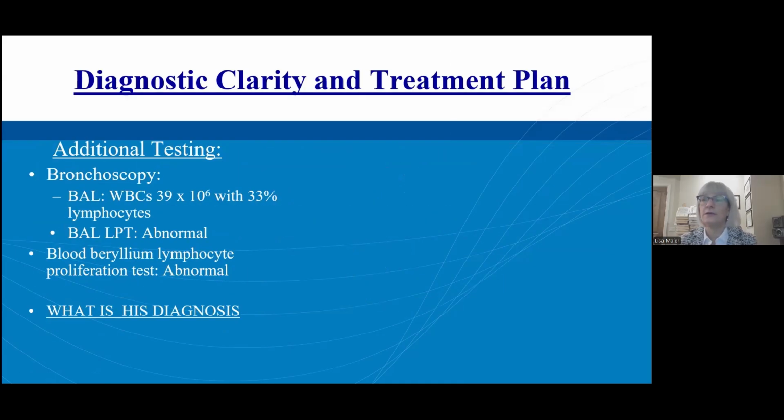Our additional testing: we did another bronchoscopy because we wanted to see if he had evidence of something called beryllium sensitization. What we found was he had alveolitis. He had a high number of white cells in his lungs and 33% lymphocytes. That's elevated. His lymphocyte proliferation test to beryllium was abnormal, as was his blood. And his diagnosis: